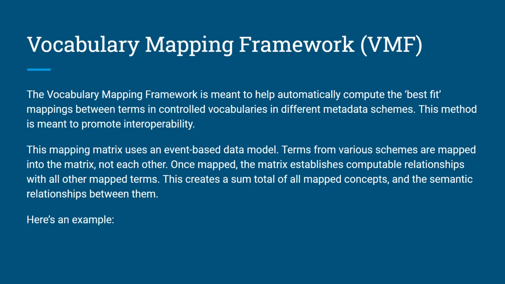Now, the mapping matrix uses an event-based data model where terms from various schemes are mapped into the matrix, not directly to each other. Once mapped, the matrix establishes computable relationships with all other mapped terms, which creates a sum total of all mapped concepts and the semantic relationships between them. So, as a very brief example, because sometimes this vocabulary mapping framework can be quite extensive,